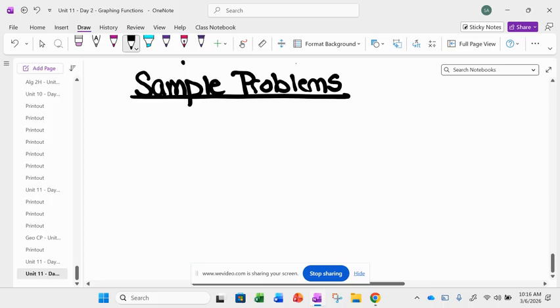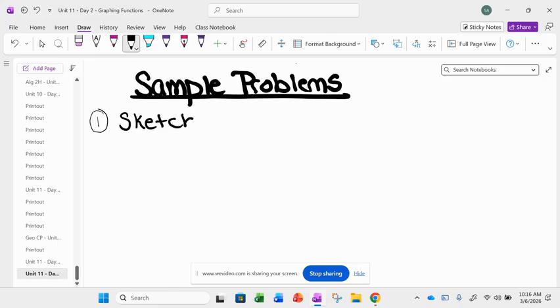Okay, so for the first one, I want us to sketch f of x is equal to the absolute value of x plus 3 minus 1. And I want you to find